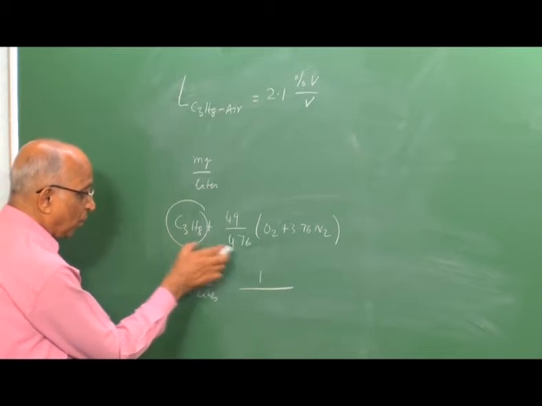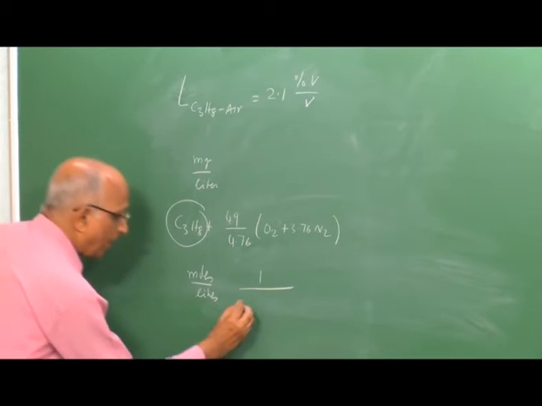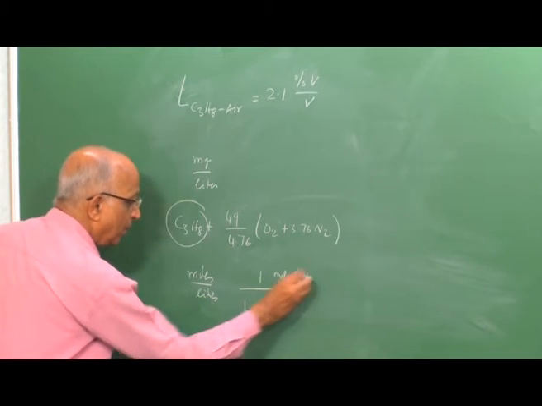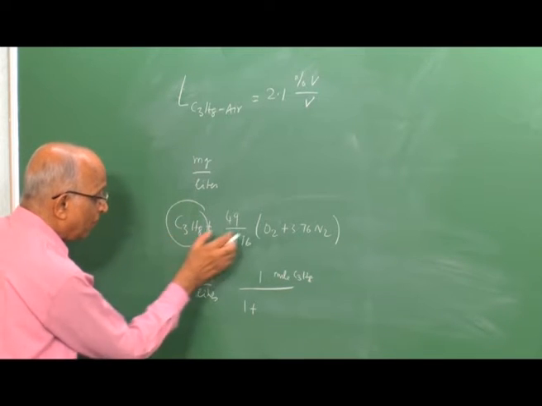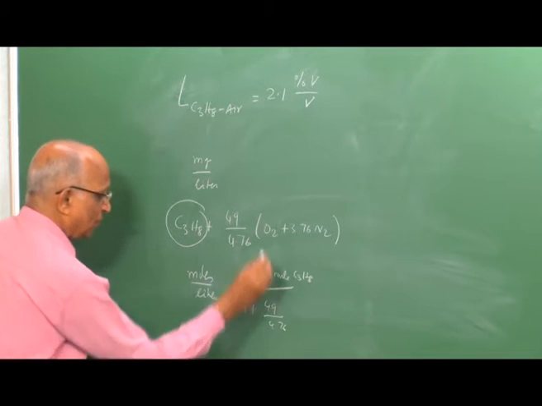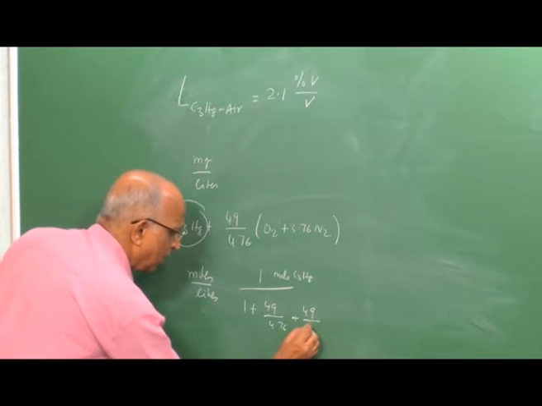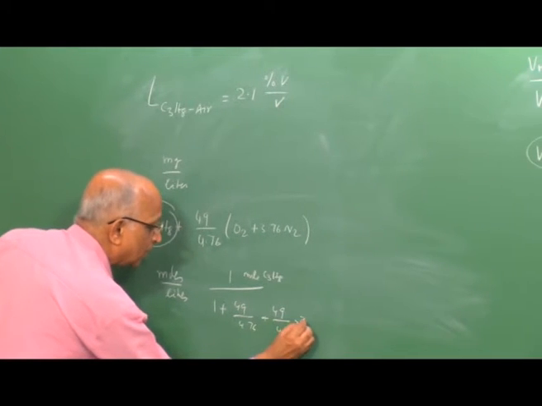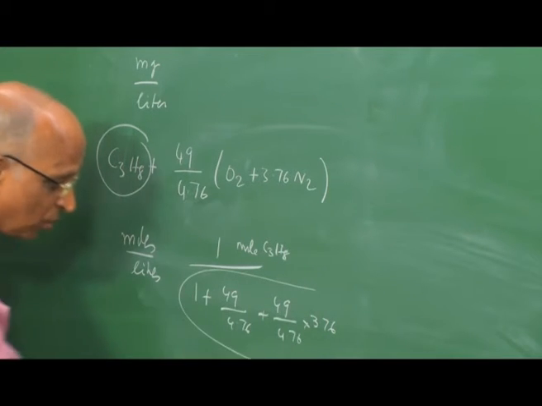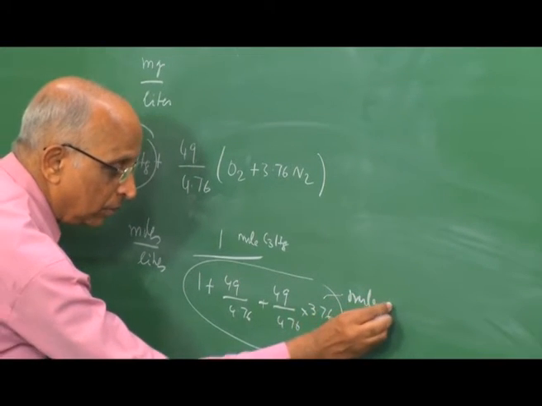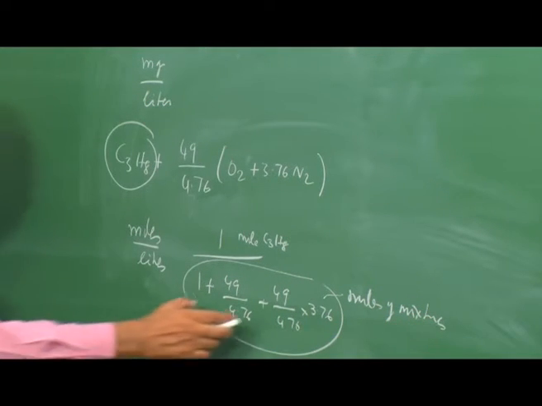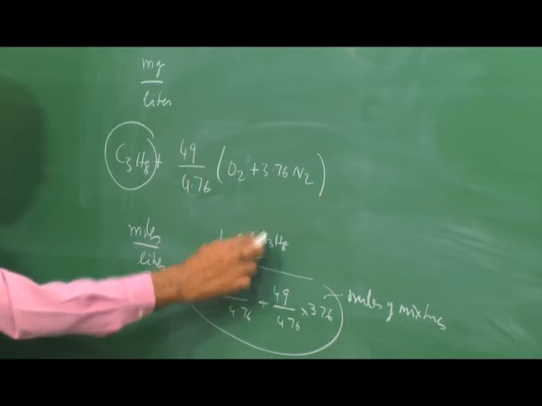the quantity of the total mixture is how much? 1, that is 1 mole of C3H8, and the number of moles of the mixture is 1 plus 49 divided by 4.76 of oxygen plus 49 divided by 4.76 into 3.76 of nitrogen. This is moles per mole of this. This is the total moles of the mixture. This is 1 mole of propane in the total moles of the